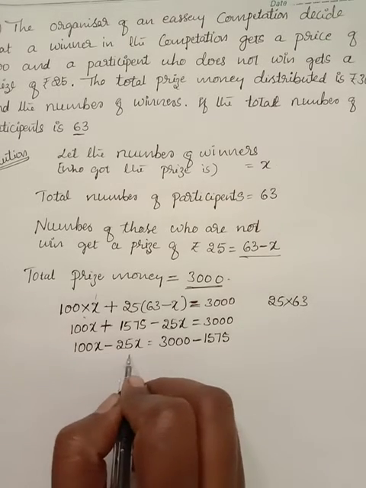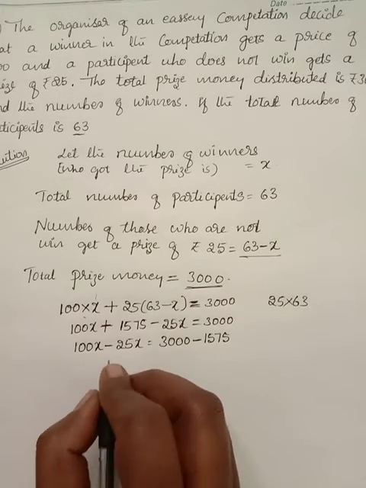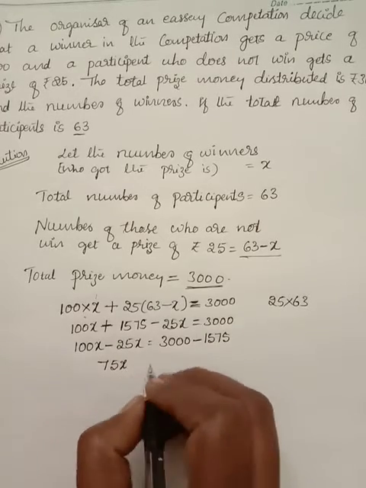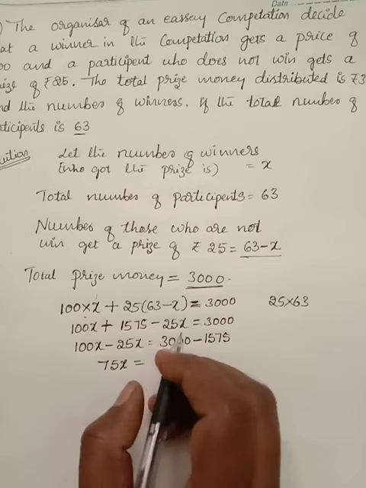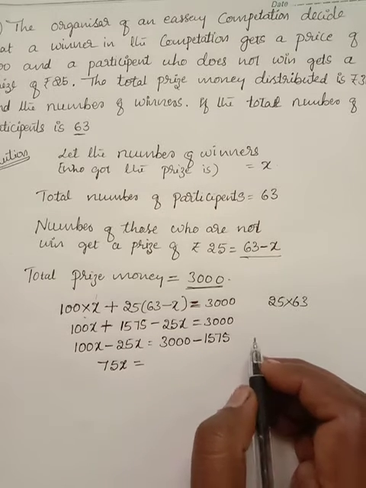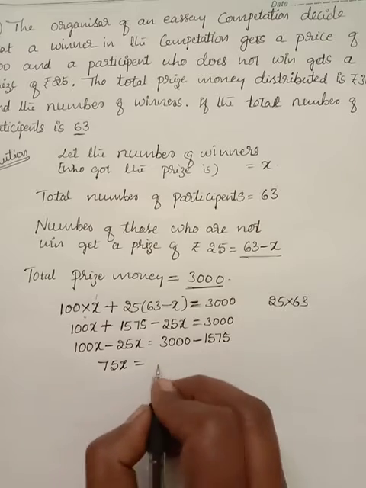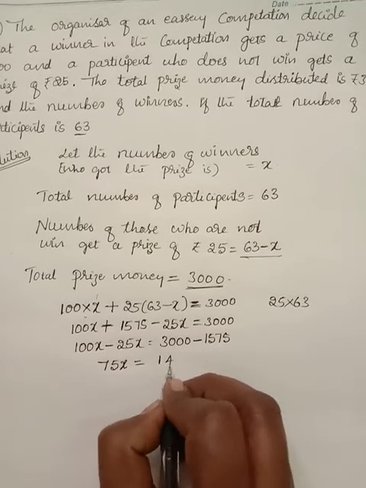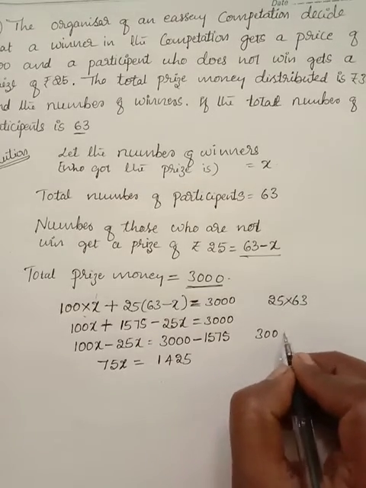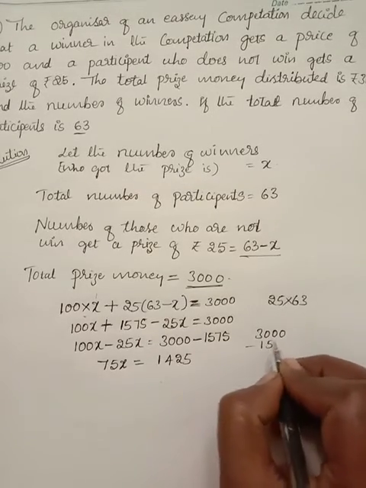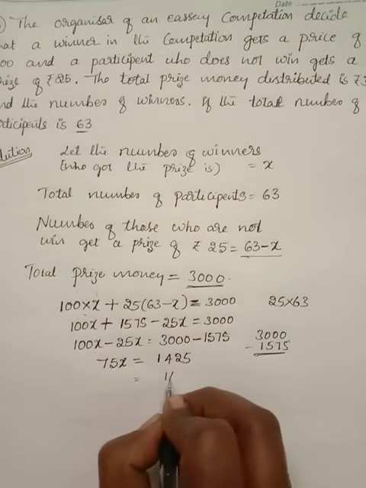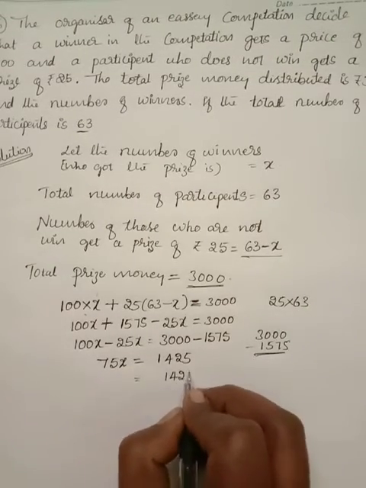So 100x minus 25x, here 75x is equal to 3000 minus 1575, so that is 1425. So here you check it, 3000 minus 1575, you subtract. So here lastly you write 1425